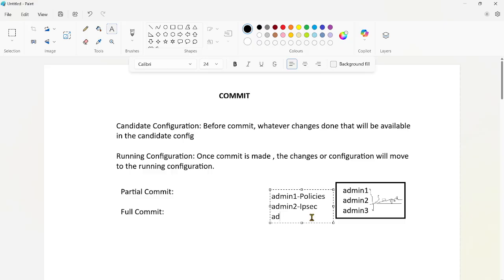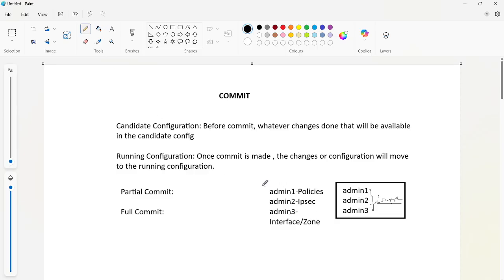Admin 3 is doing interface configuration or zone creation. Whenever multiple admins are logged in at the same time and making changes, we have to be more cautious at that time.